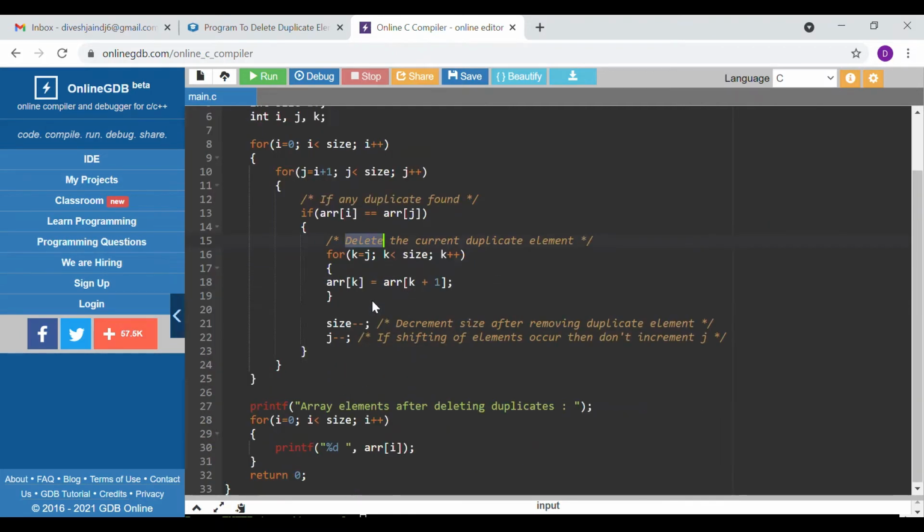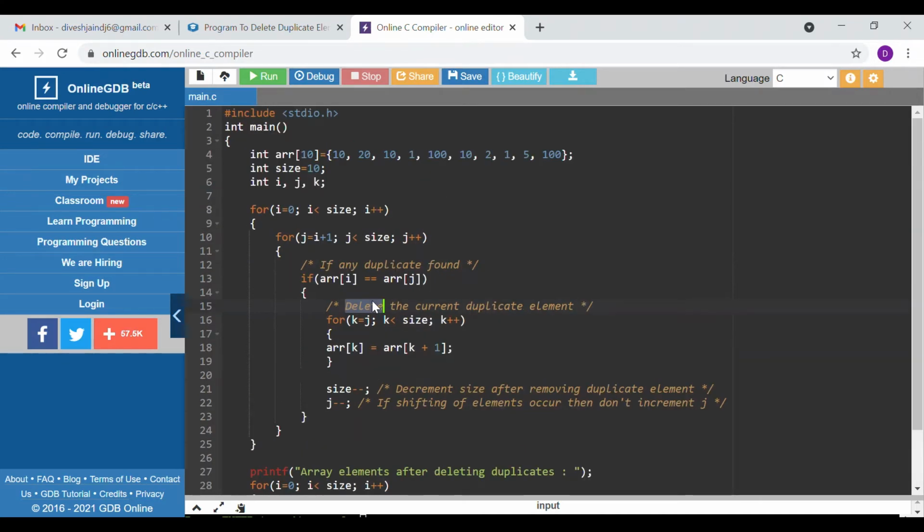After that, what we are doing is deleting the current duplicate element. We are reducing the size of the array by 1. Suppose here we get 10. What we are doing is overlapping, that is, moving the elements forward. That means the elements after it, we shift their index back by one. Suppose we have 10 here, we will remove it by overlapping it with 1.